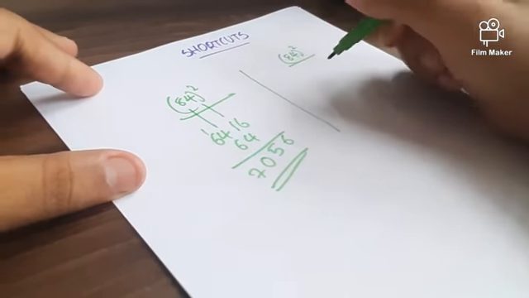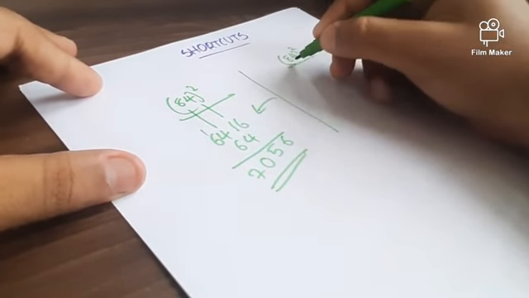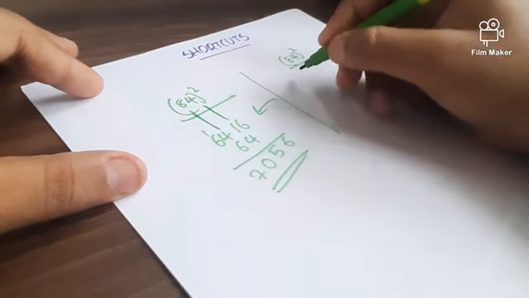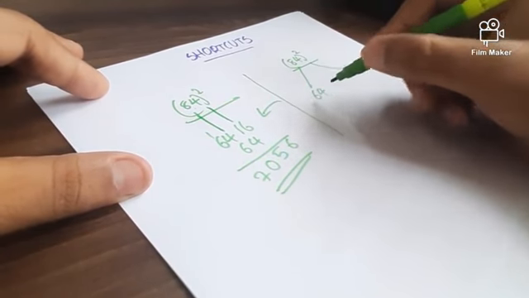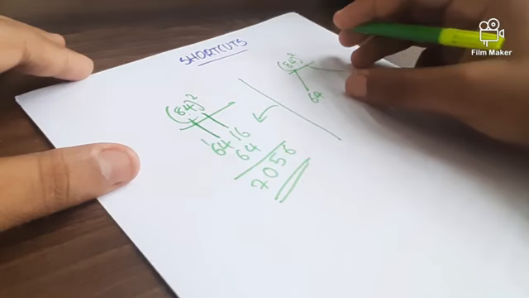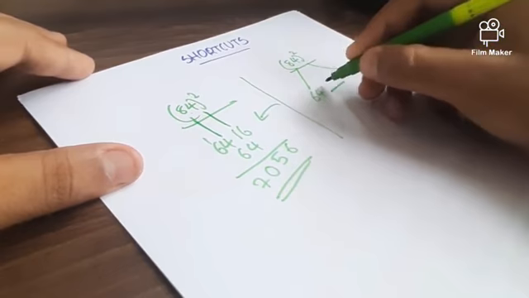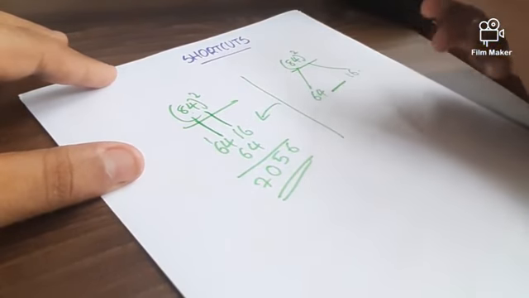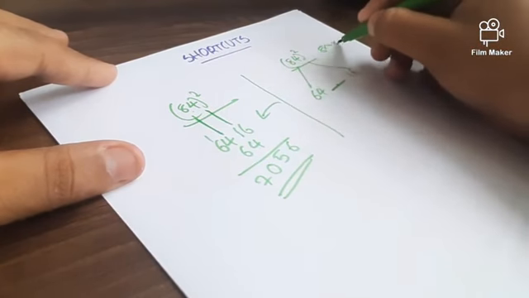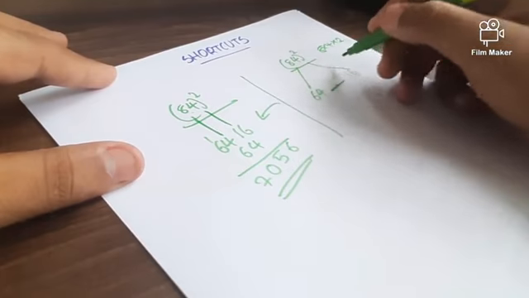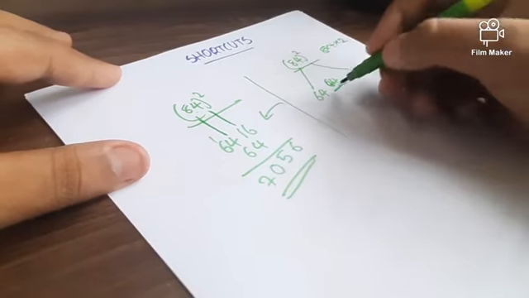This method is almost the same as the previous method. Instead of writing just below, we write the squares of the numbers some distance away. That is not such a big difference. Let's leave some distance, write the 2-digit number, and write the multiplied value here, that is 64. Now we start our method.